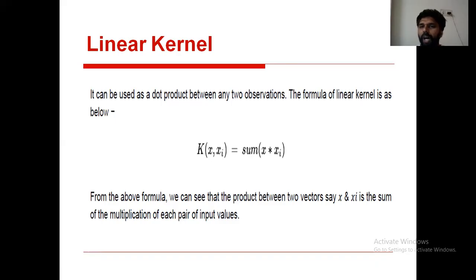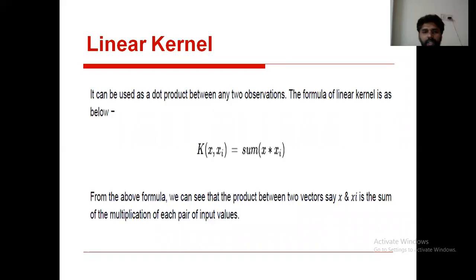In the linear kernel, dot product means multiplication happens between two observations. If the first observation is x and the second observation is xi, what is the formula we need to use to perform the linear kernel? To perform the linear kernel operation, we use the formula called linear kernel k of x comma xi. Here x and xi are the observations. How many observations are we considering? Here we are considering two observations. Between these two observations, what happened? Dot product means the multiplication operation is performed.